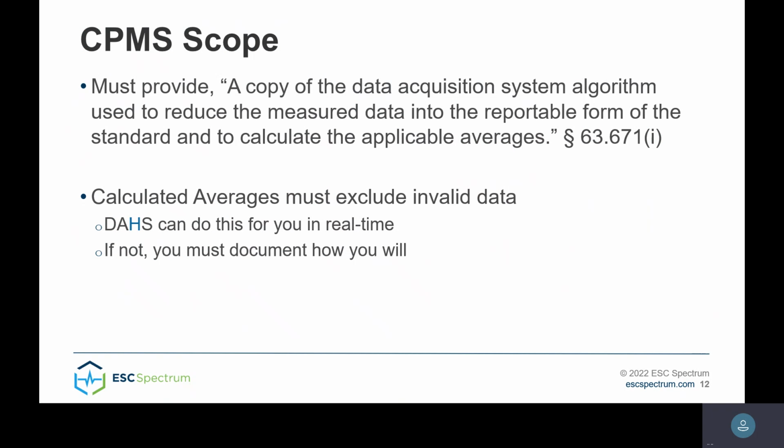And the last presentation Eric and them was talking about a few minutes ago, having a copy of those algorithms that are being used to reduce this data down to something reportable. And you have to have that documented, right? And so, DAS can do this in real time. It's an option to be able to flag that. It's not an absolute end all. You can't just turn it on and walk away and never look at it again. But it does provide that percent of time to help you look through things and a way to document how things are being taken and what approach you are taking to come up with these different calculation methods, and including those in your QA/QC plans and documentations on how that's approached. But again, the DAS is designed to not be that black box,